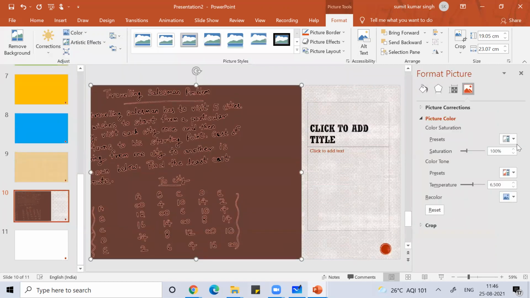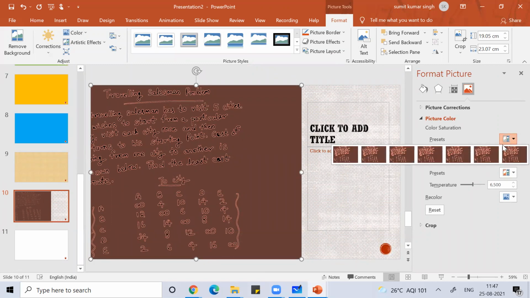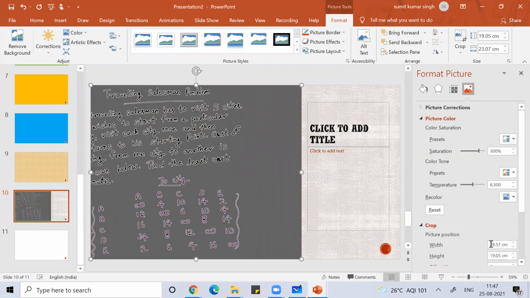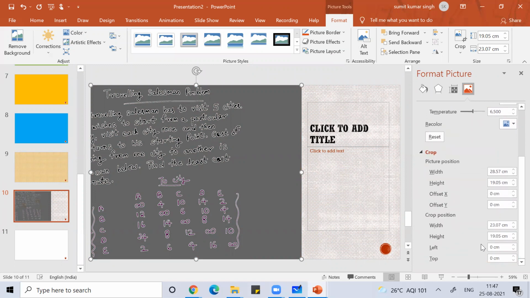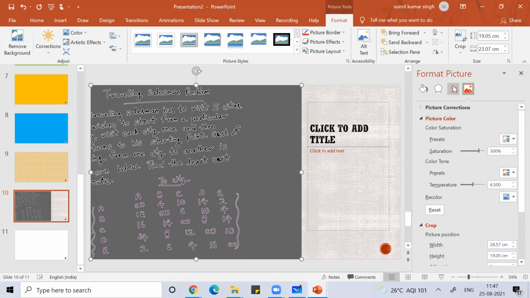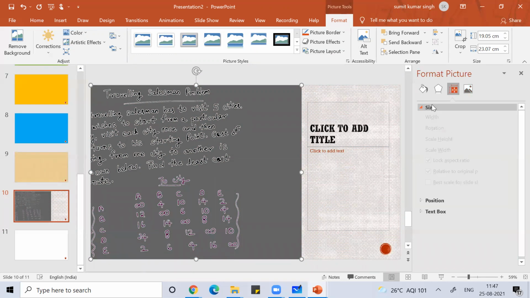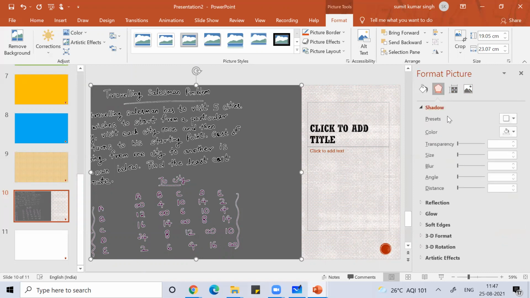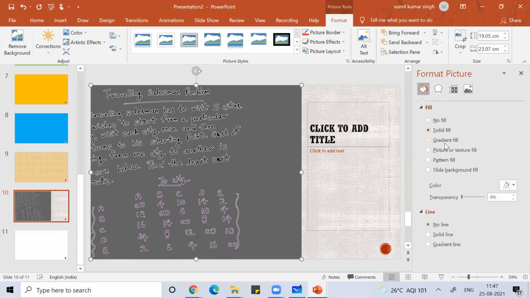There are picture color options, saturation, and the way you want to present the color. You can crop it, with width, height and crop position. No need for me to tell you what cropping is. You can give size, shadow, reflection, glow, and put color into that.